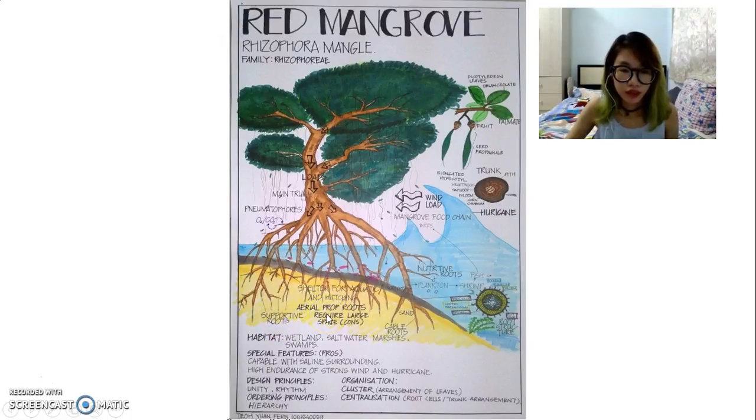And then here is the special feature, which is advantage and disadvantage of this kind of roots, which is the advantage of it can stand hurricane, strong wind, and strong wave actually. And other than that, it can endure high saline surrounding, which is like seawater, which other trees